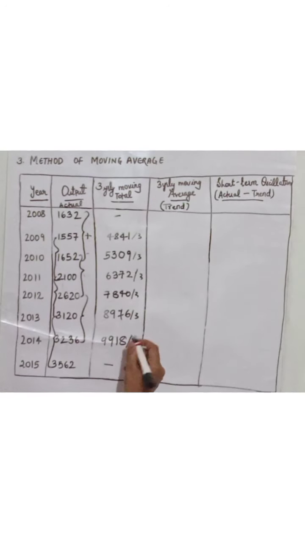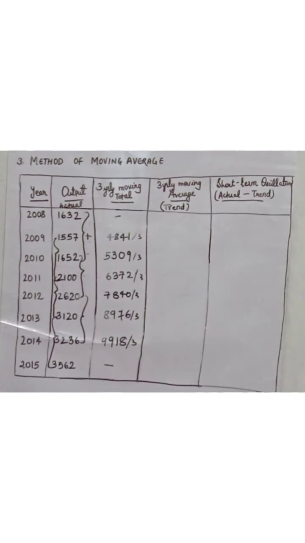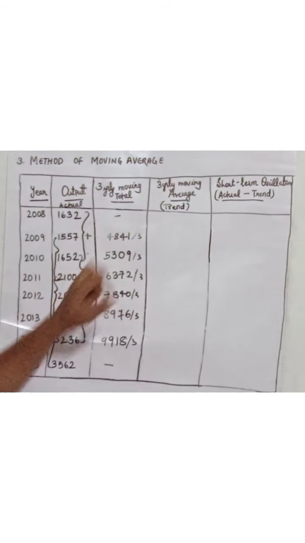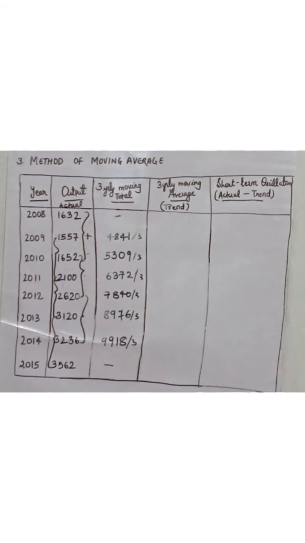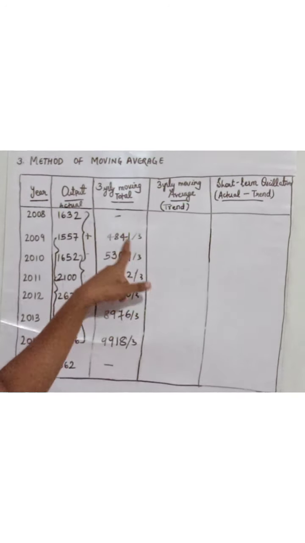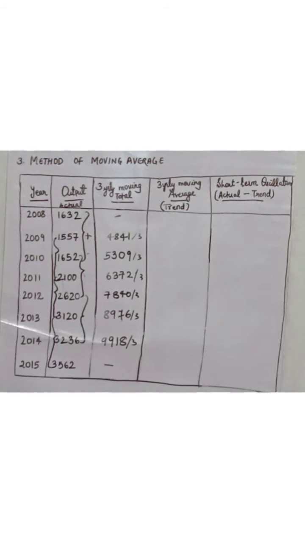There is no need to show this here in the answer. This is just for explanation purposes. What we are doing here is dividing our total by 3. And just write the answer directly into the corresponding column.